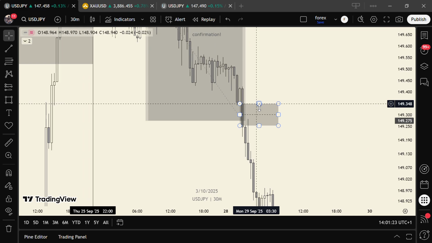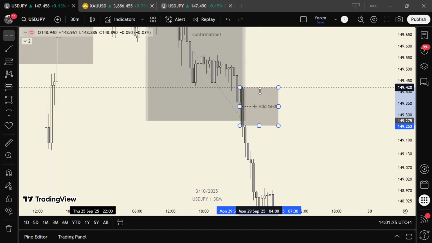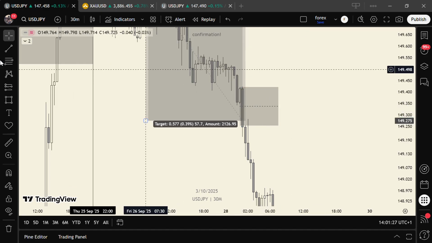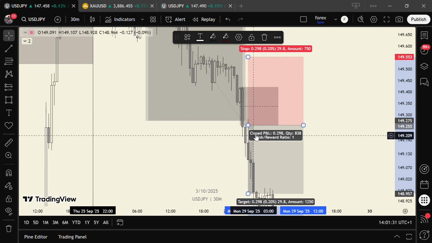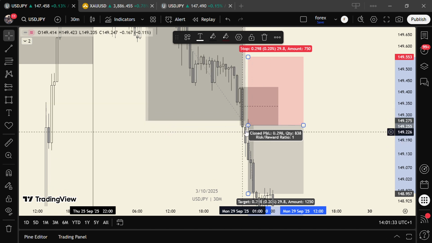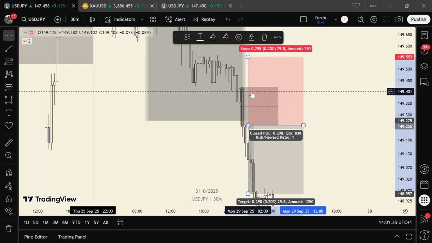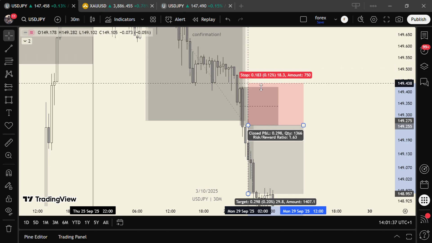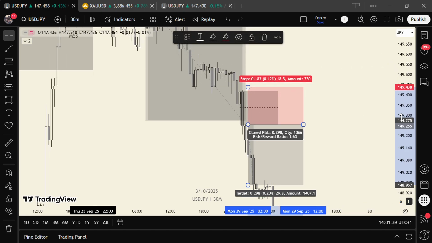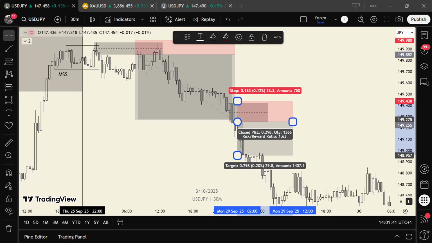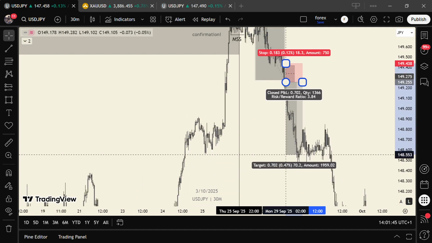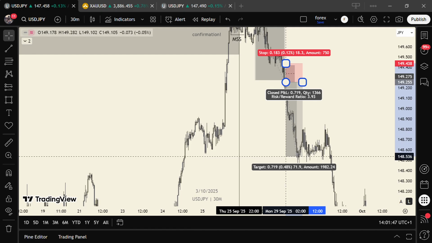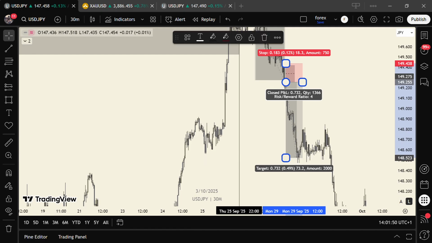But also, to be on the safe side, I would like to cover this area when I'm entering the trade, because price might decide not to use the fair value gap and just overextend a little bit and tap this order block. So I would have my stop loss right above there, my entry there. Here I would definitely target these lows because I think it would be achievable, and I would target just a bit after